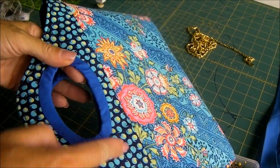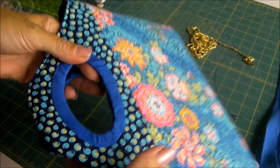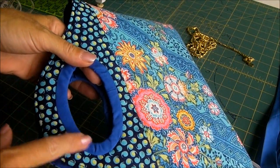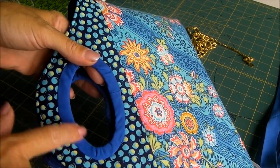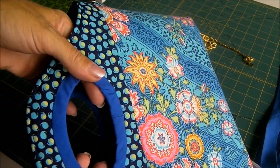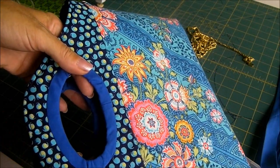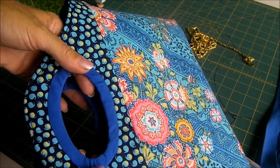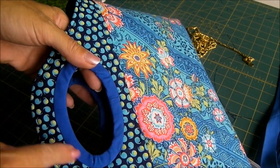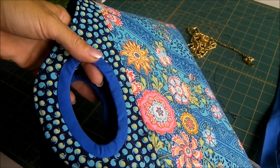So now it's time to add the bias tape around your handles, and I admit, please don't look at my faults. If there's one thing I am really bad at, it is applying bias tape, especially around curves. And especially on here, these curves are quite tight on the inside. So hopefully you'll be able to do a slightly better job than mine. I actually sewed mine on around the outside by machine, and I think actually sewing it by hand is going to be better. So sew your bias tape around the outside, overlap it a little at the bottom just here,